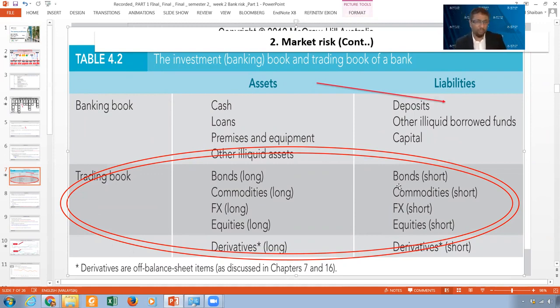I will give you an example. We have a company called Sime Darby. If Sime Darby is now selling its stock for 10 ringgits, and you think the stock is overpriced, you borrow it, and the facilities will be provided by your broker. In this case, you can sell it now for 10 ringgits.